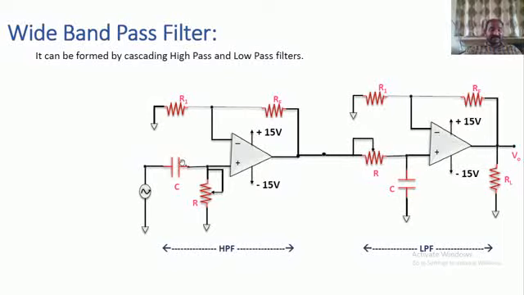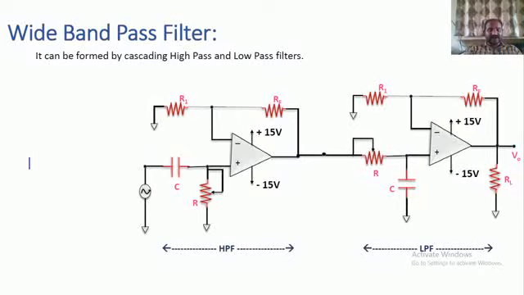The condition is, as I told you, that we have taken the high pass filter and the low pass filter. What kind of high pass filter and low pass filter are we supposed to choose? Obviously we have the cutoff frequency now. Cutoff frequency for what?